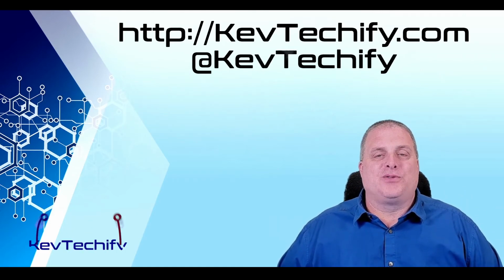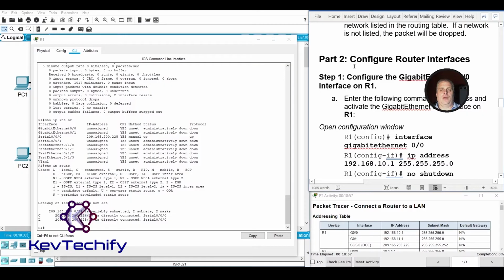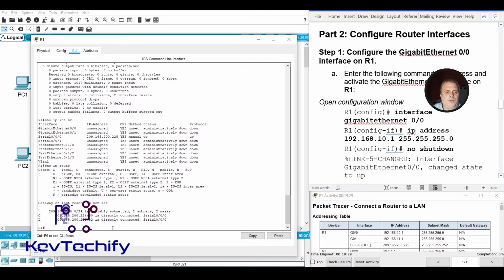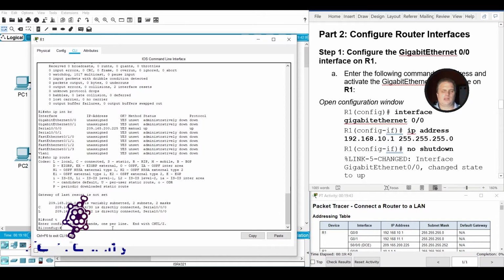On to part 2 here, configuring the actual interfaces. Step 1, configure the gigabit Ethernet 0/0 on R1. Enter the following command. Open up our configuration window. We're on R1. We have getting into global configuration mode, so we type in config t, takes us in global configuration mode. Then it's interface